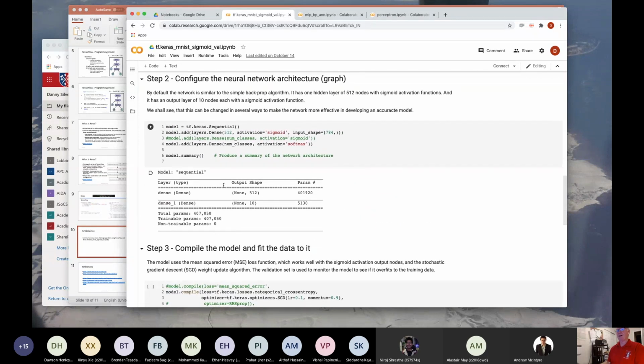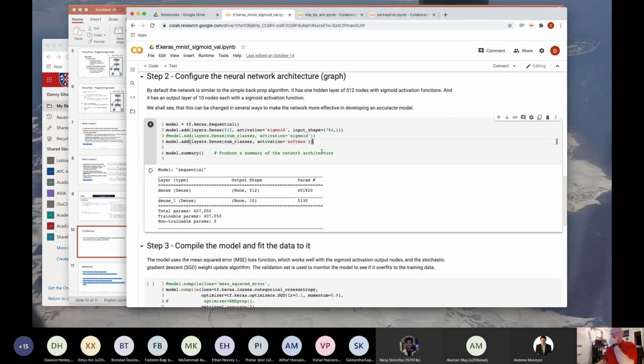Now we configure a network. This is all there is to it. With Keras, that's all you have to do. That's configuring a network that has an input layer, one hidden layer, and one output layer. Our hidden layer has a sigmoid activation function, that smooth flowing S function. Our output layer has something a little different. It's called the softmax function. It allows us to have 10 outputs, and it's going to try to turn one of those outputs on maximally and all the others down lower, so that we can know which one it thinks is the output class.